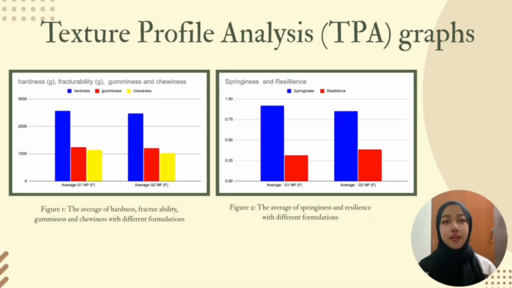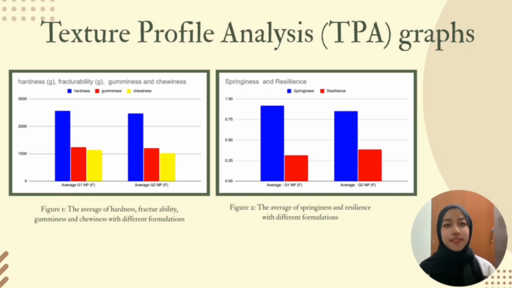Here we have two graphs showing the results for our texture profile analysis, or TPA. The first graph on the left illustrates the average values of hardness, fracturability, gumminess, and chewiness for two different muffin formulations, Group 1 and Group 2. As we can see, both formulations have similar trends in texture, but Group 1 shows slightly higher hardness and